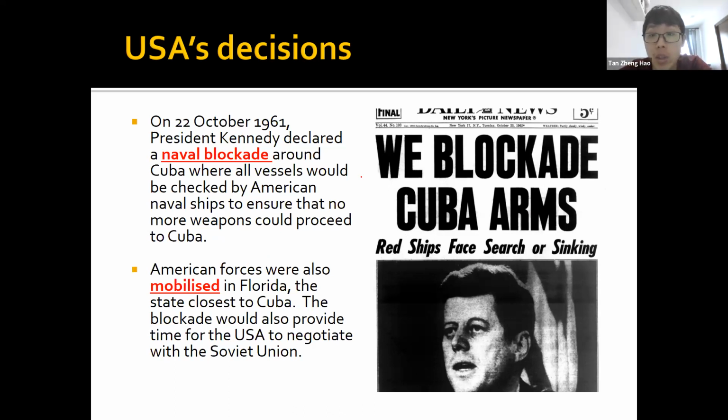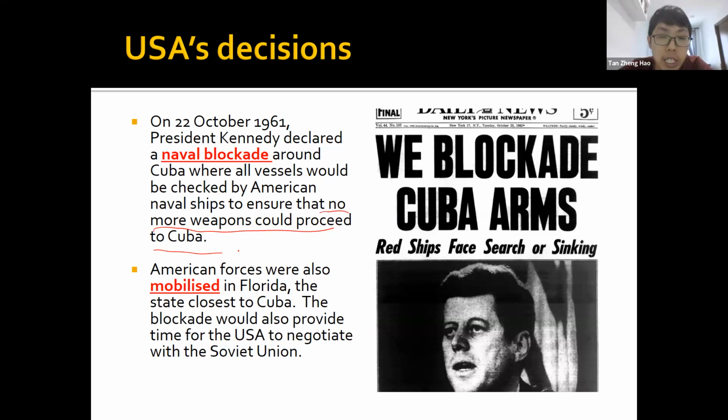They will not want to challenge me. Okay, because remember, the USSR also doesn't want a war with the US. So if the US does something like a naval blockade, maybe the USSR will not counter and respond and declare war back. So it's basically a gamble that the US wants to take. Okay, so there was a naval blockade to ensure that no more weapons can get to Cuba, including nuclear weapons.